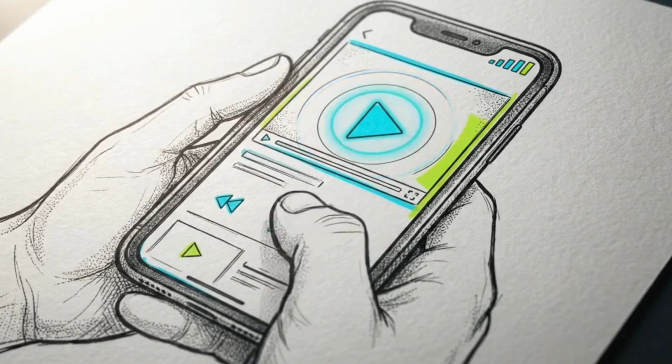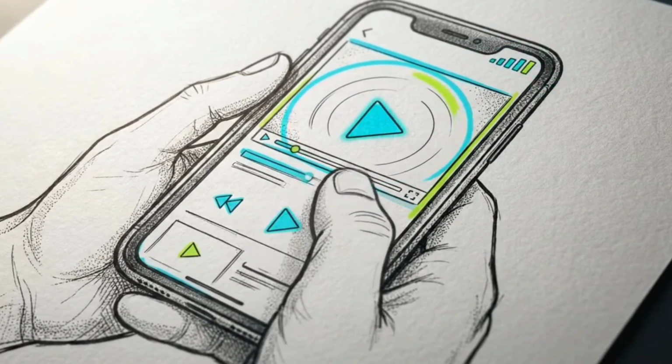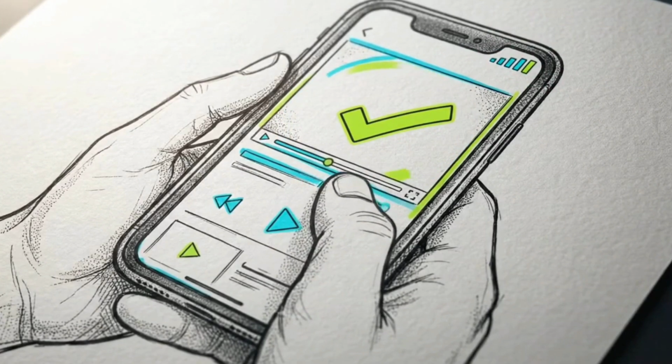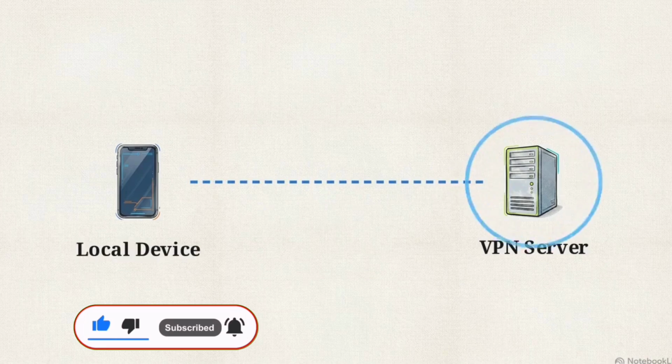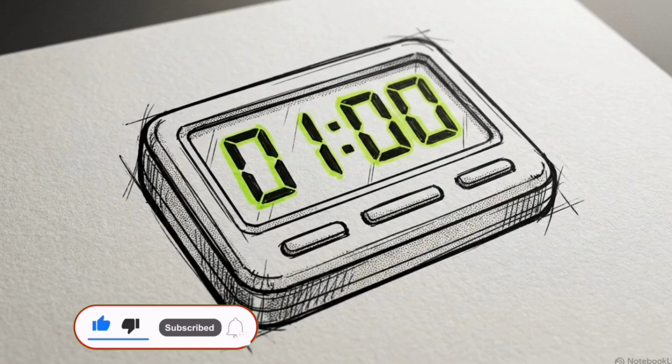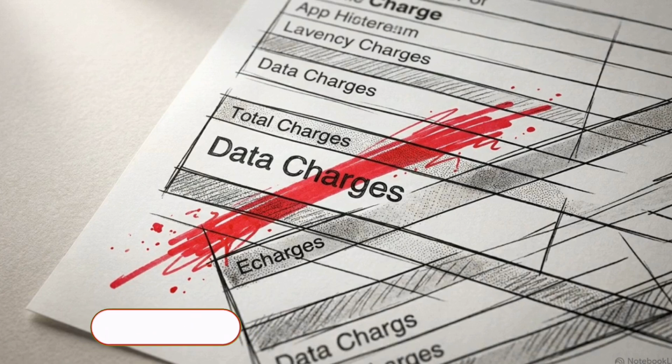If you're used to waiting for pages to load on a standard mobile connection, this setup is designed to create a massive surge in speed. We are going to configure a VPN to route your data connection through a high-bandwidth server. The process takes about 1 minute to configure, and once it is running, it allows for high-speed access without a